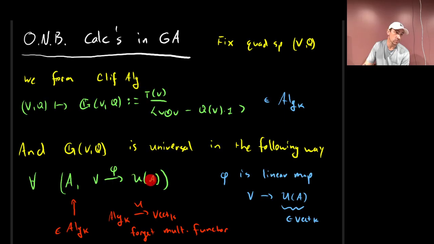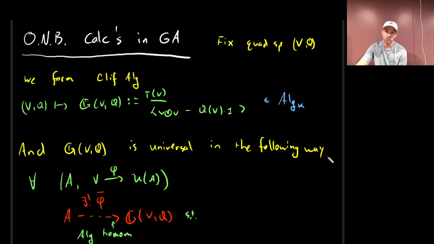So we're just looking at the algebra as a vector space. And so phi is a linear map, right? From this vector space to this vector space, the algebra forgetting multiplication. So it's universal in such a way that for every one of these A's, there's a unique phi bar that's an algebra homomorphism from